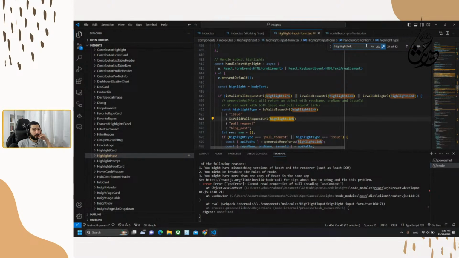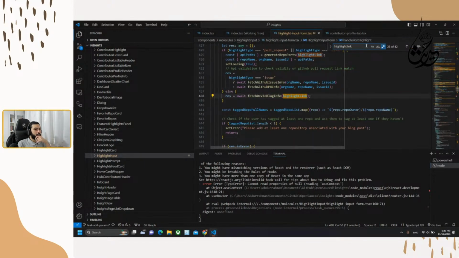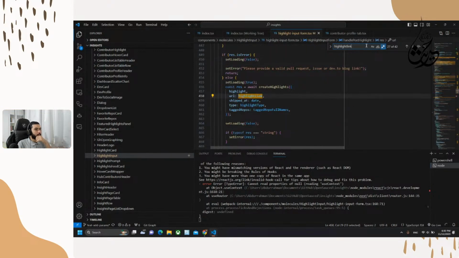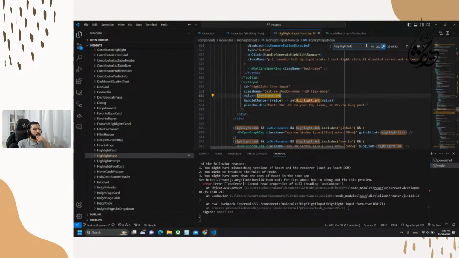We have used it in 48 places. Here we have value, which is set as highlight.